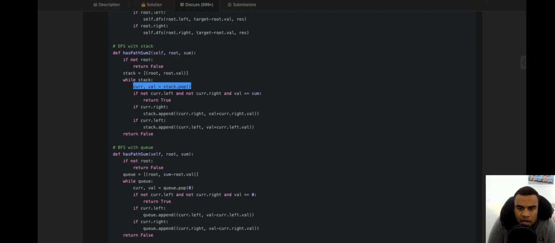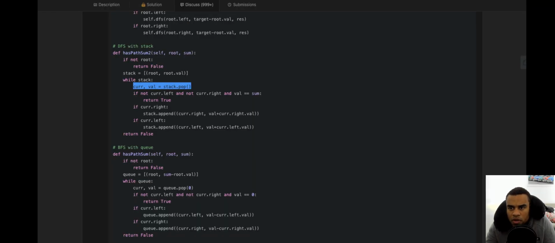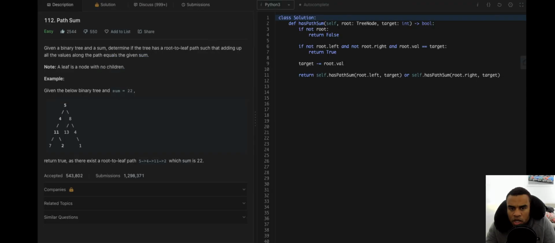We pop the stack, and then we ask ourselves if the current node is whatever. Remember that we start off with the initial value. So let me duplicate the tab and check out the actual example so I can compare the description.